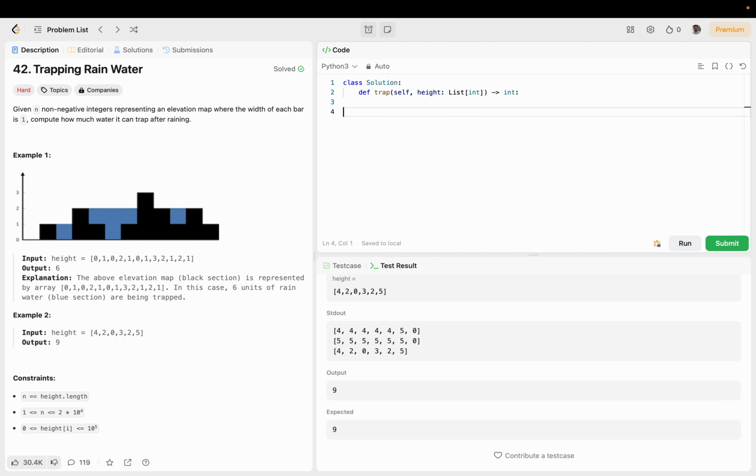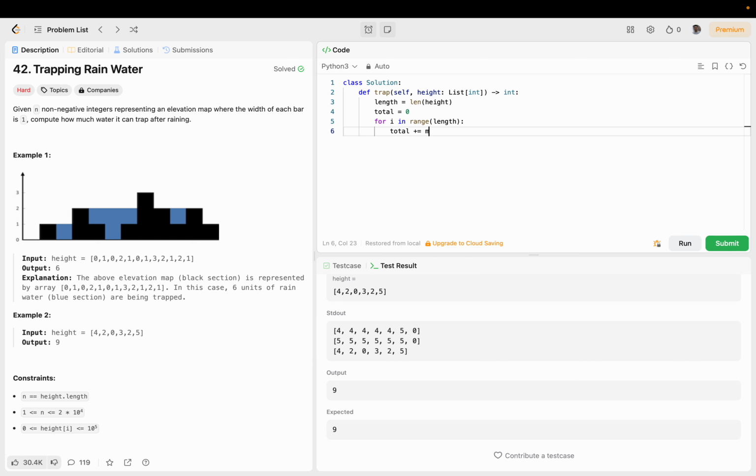So this is how I would solve it, by the way. For i in range of length, and length is going to be equal to the length of height. That's where we're mapping through every single index of the array. And we're gonna have a total here that starts off at 0, right? And we're gonna add to the total